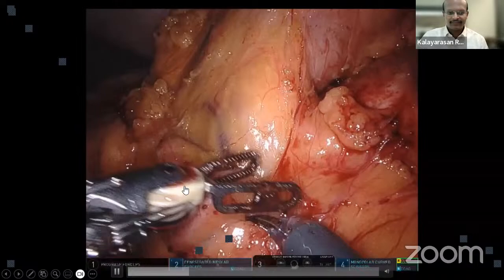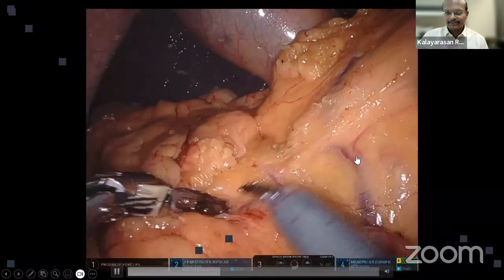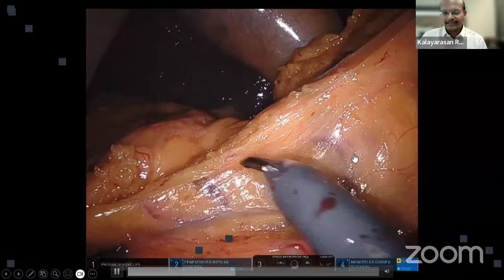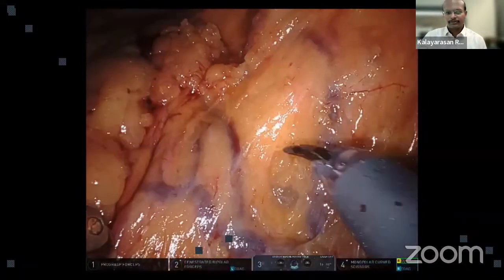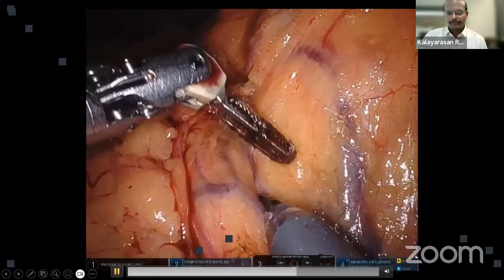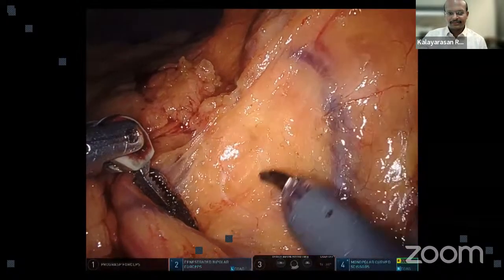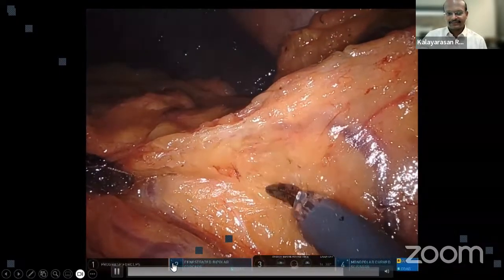Now, all these vessels belong to the colon. And here you will have the pancreaticoduodenal vein and the gastroepiploic vein. So when you go in this proper fusion fascia, you can see here the colic veins getting separated from the gastroepiploic and the pancreaticoduodenal vein. So this is a separation, and we can make out the colic veins getting separated from the